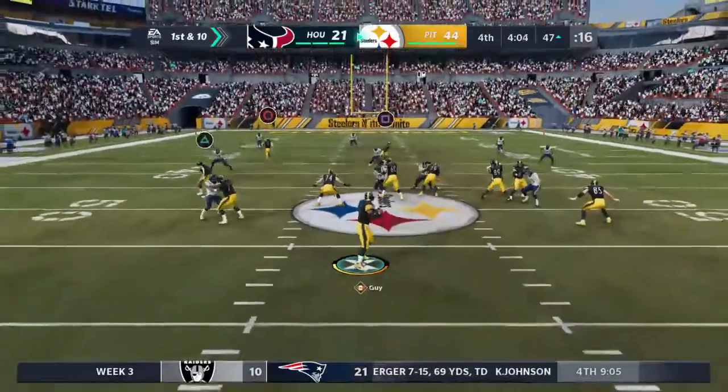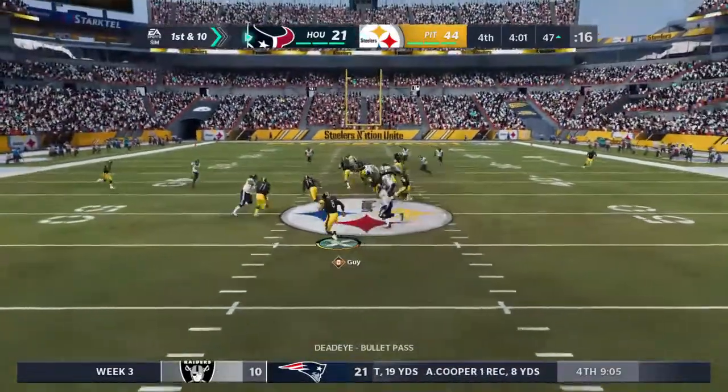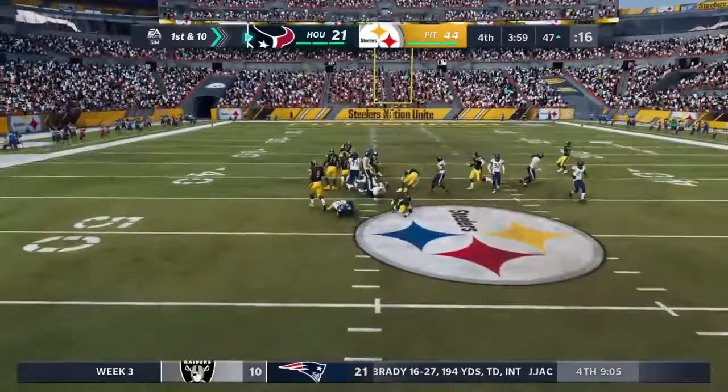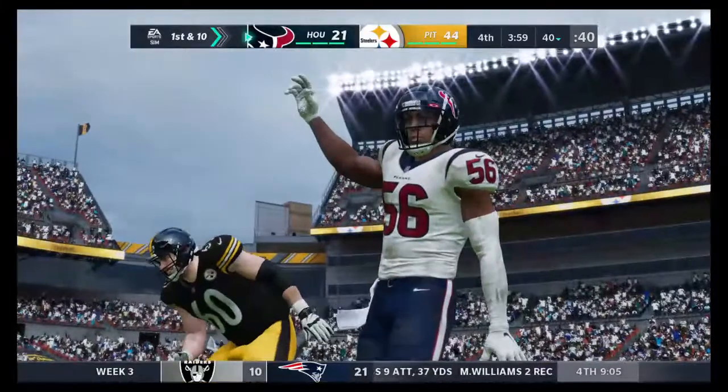Off the play fake, he'll look to throw. Oh, he was looking for Parker, but it's intercepted. Picked off at the 33. And to the 40-yard line, that's where the...